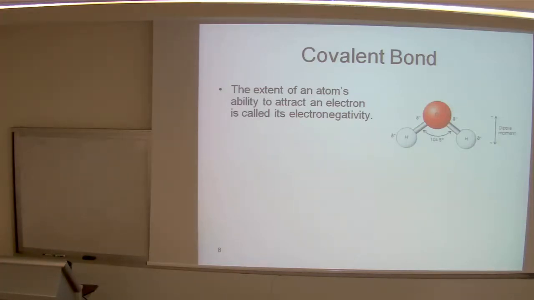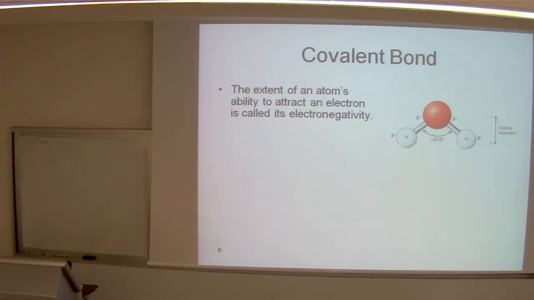Okay, covalent bonds can sometimes be polar. They can have some dipoles across them. And to understand why, we would introduce the notion of electronegativity. So electronegativity is the ability of an atom to attract electrons to its center. And if one atom has stronger electronegativity than another, the electrons will spend